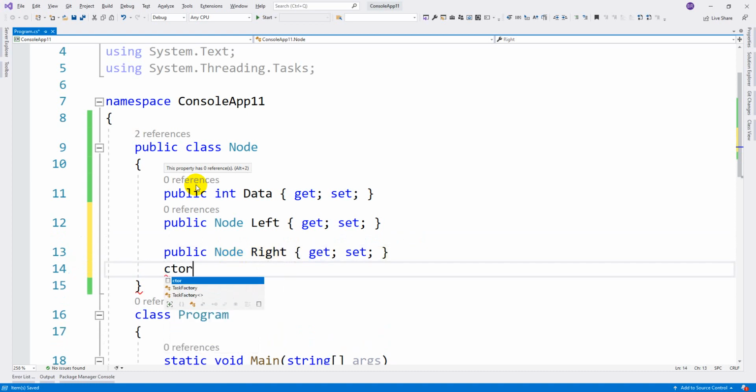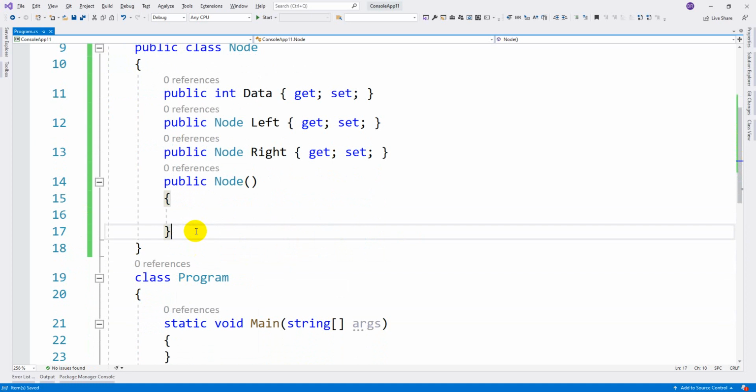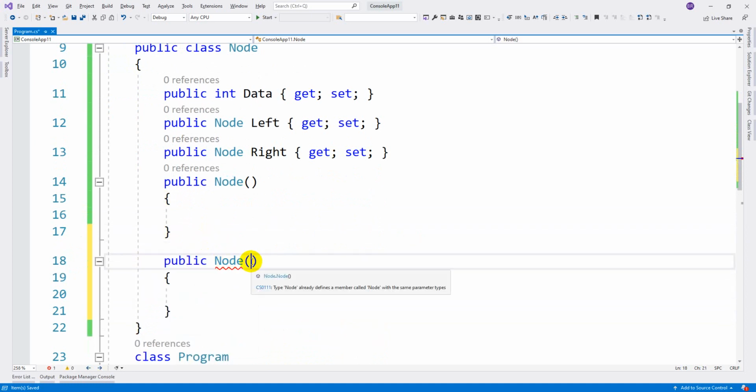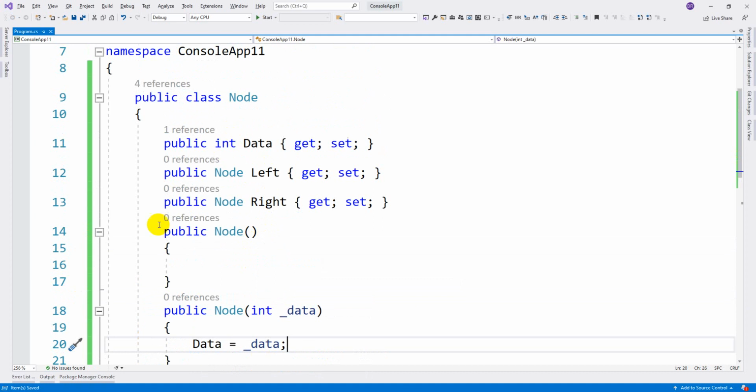Let us create an empty constructor for this, and a parameterized constructor also. This is empty, and now we are implementing the parameterized one. In this parameterized constructor, let us pass the data. Whatever data you receive, assign it to the property Data itself here. This is how you will implement the node element.